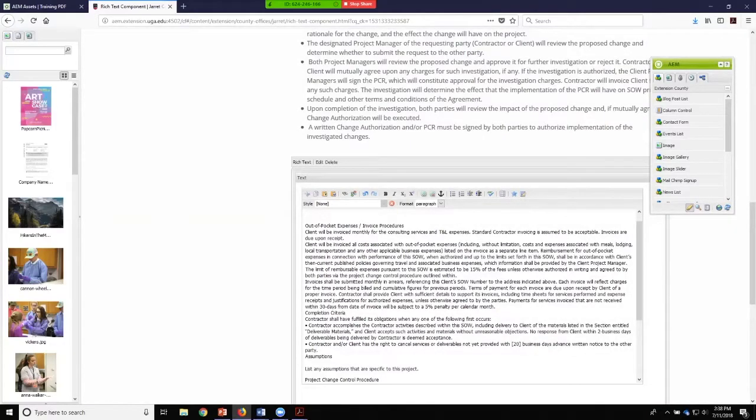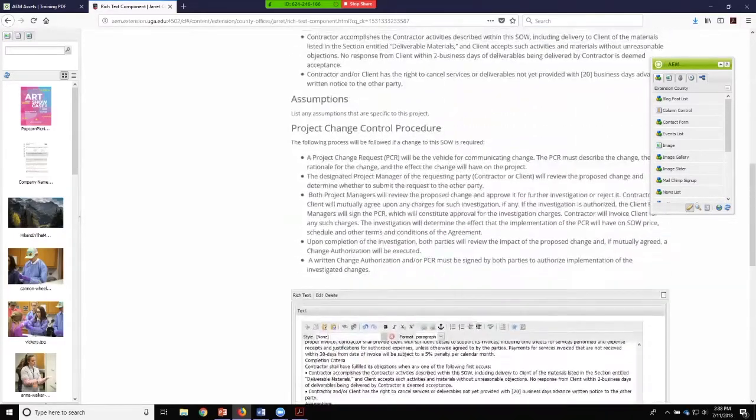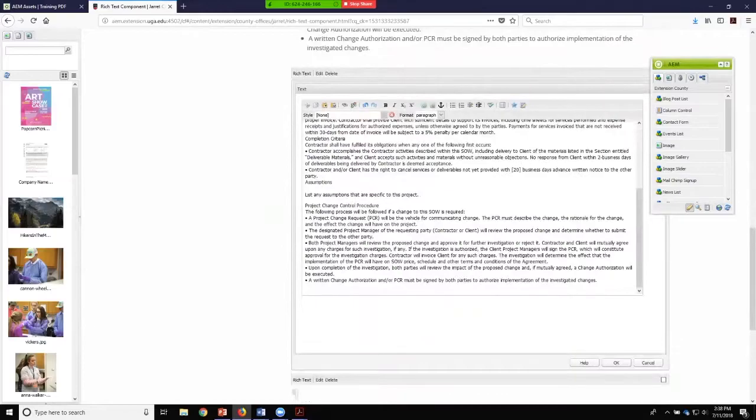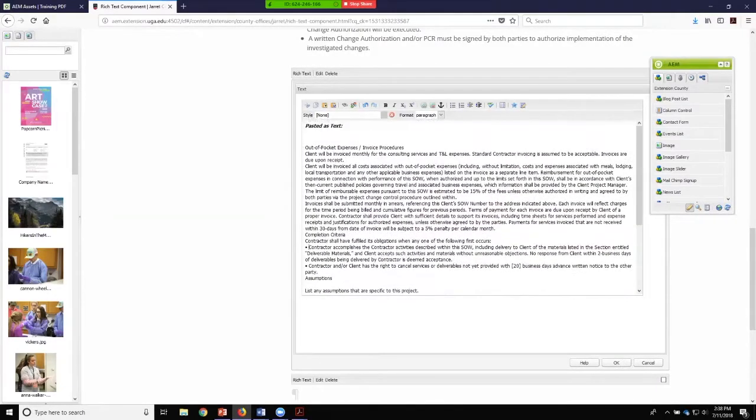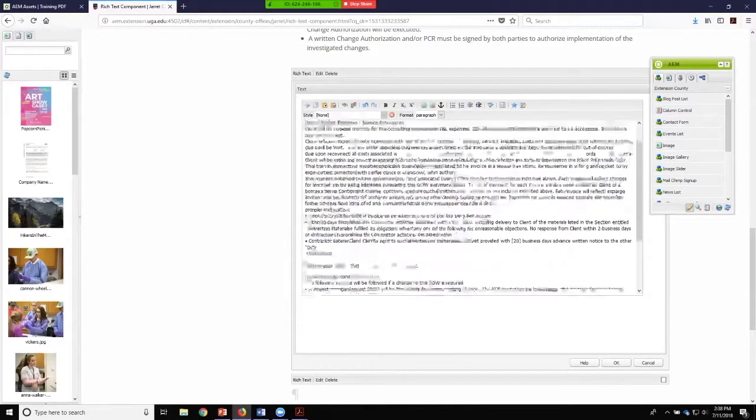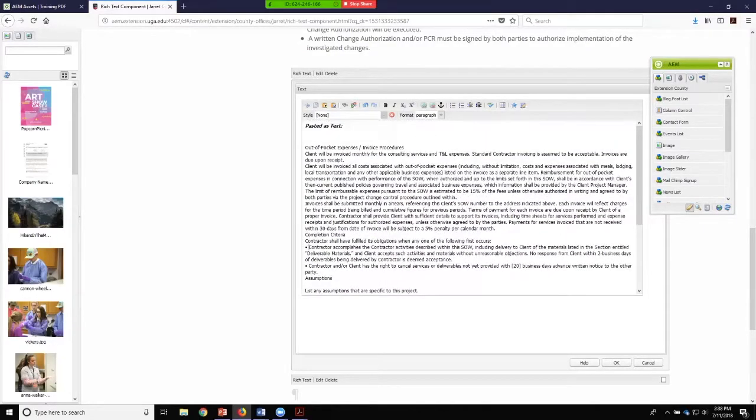Say OK. And just at a glance, you can see that although there are the bullets there, it is not just like pasting from Word, there is no bullet formatting. And you can just see by looking at it that all of the heading 1 tags that were in there are gone. So you'll have to do the same thing as you would do if you pasted from Word, and that is just go back through